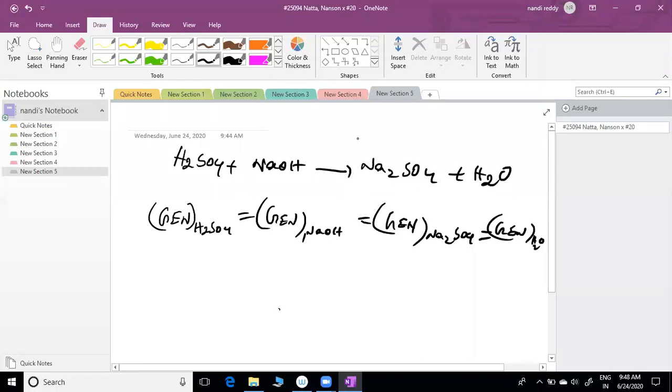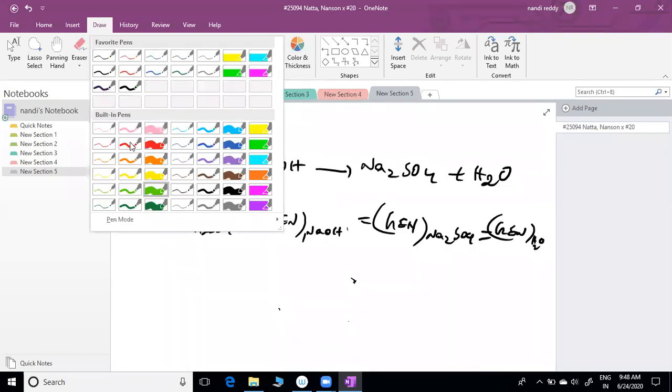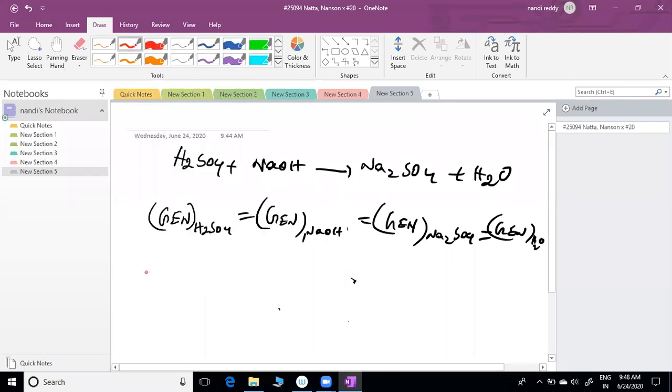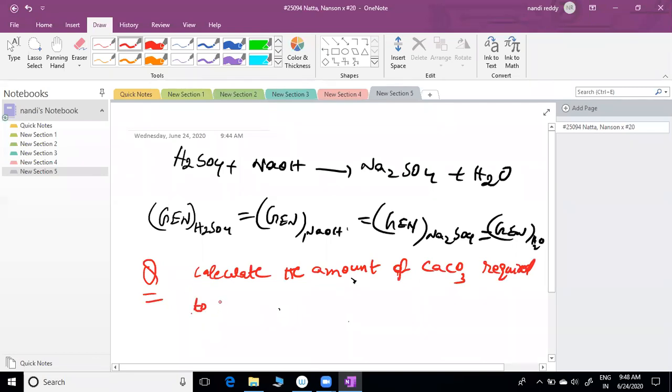If you solve one or two examples, you will feel this is very easy. 100% you will get that point, sir. This is what we discussed last class. Calculate the amount of calcium carbonate required to react with